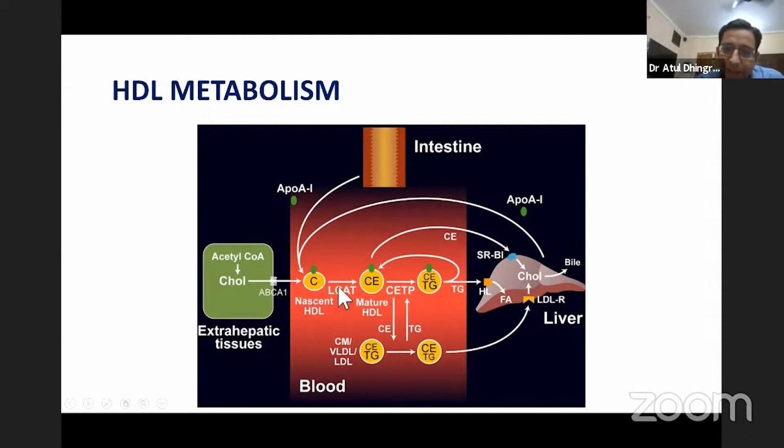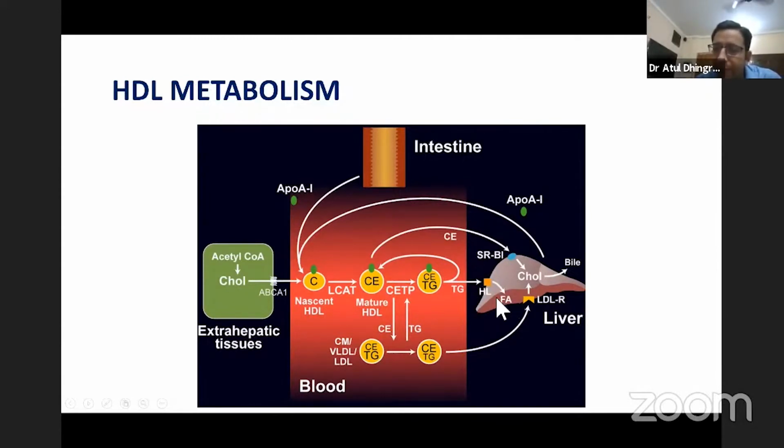These nascent HDL particles are able to acquire more cholesterol esters from various other sources through the enzyme known as LCAT, or the lecithin cholesterol acyltransferase enzyme. This mature HDL molecule is acted upon by the CETP enzyme. What this enzyme does is a bidirectional transport of either cholesterol or triglyceride from various other molecules like VLDL or LDL. So once these mature HDL molecules, which have very low levels of triglyceride, acquire more triglyceride, then they become HDL type 2 particles, and these HDL type 2 or type 3 particles are then acted upon by